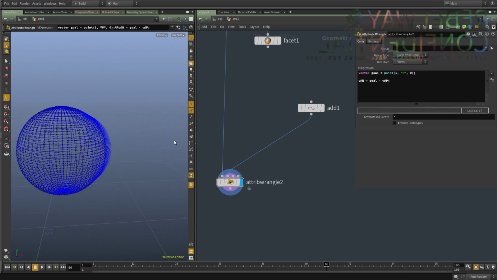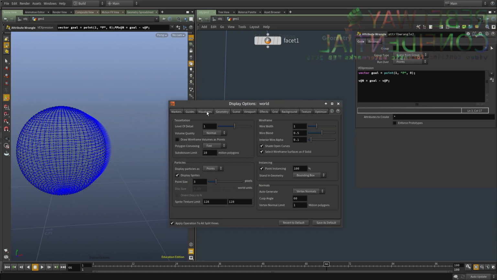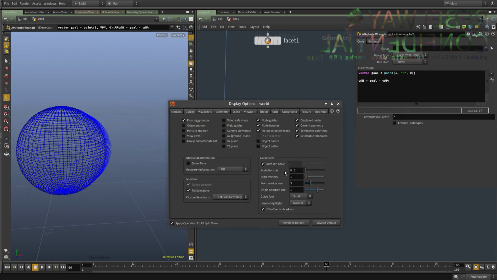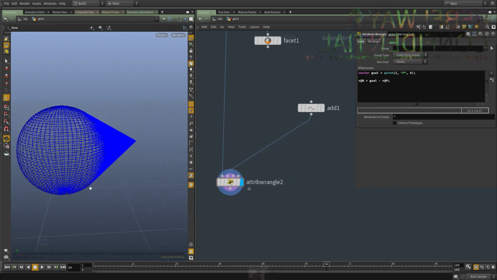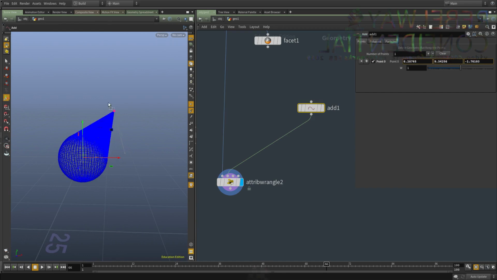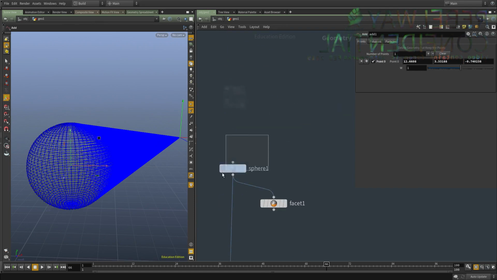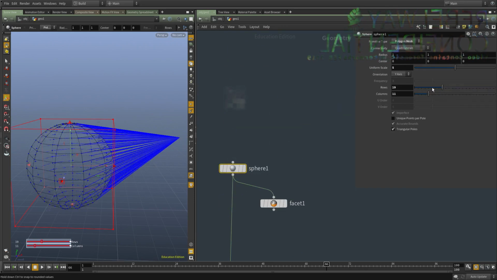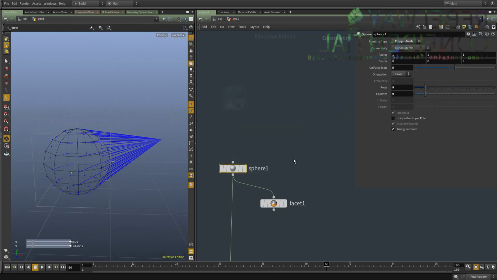The length is not correct in this case, and we can change that by going under the settings. You see here it says scale normal. Right now it's scaling it by 80%, so I'm going to set this to 1, and now we're getting these vectors in there. So if I move this point, we're getting the vectors pointing towards that point. Let me reduce the number so it's easier to see. Okay,